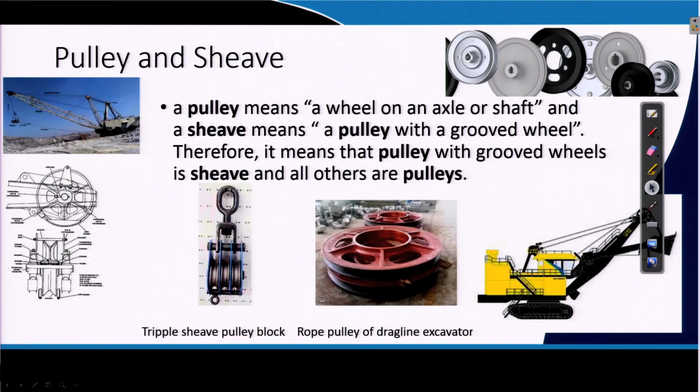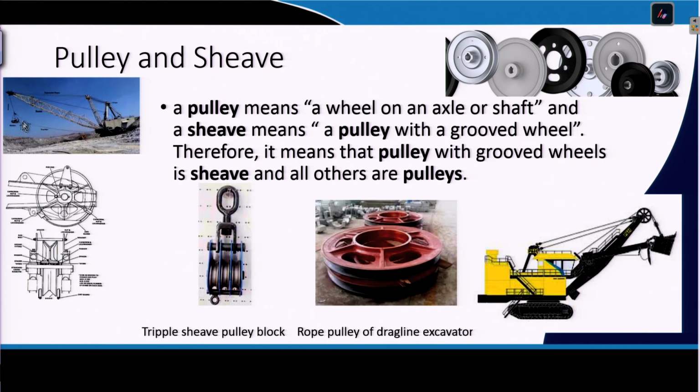But the other important things you will find in mining machinery are the pulley and sheave. You can see here in this figure a picture of a drag line, and here is a picture of a shovel. So, the next important component in mining machinery is the pulley and sheave. In this slide, you can see two machines: one is the drag line, and the other is an electric rope shovel.